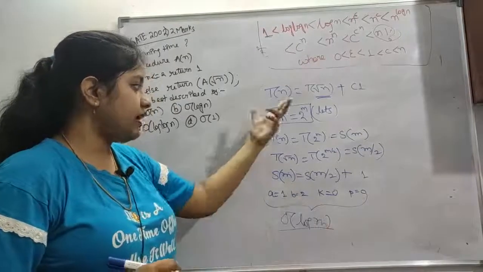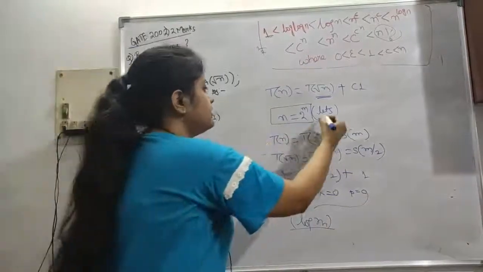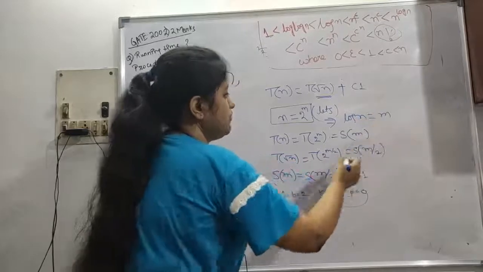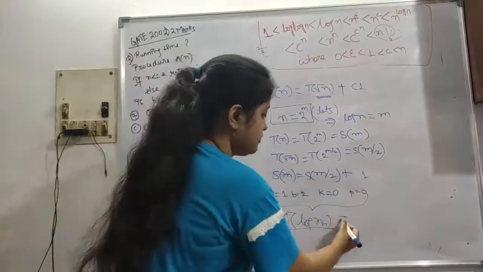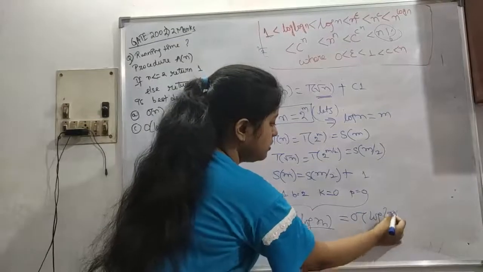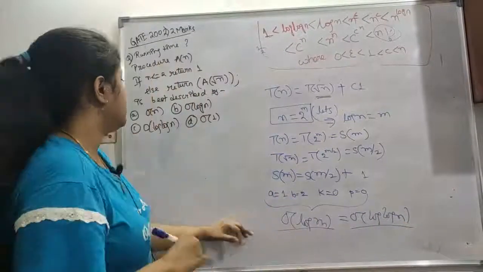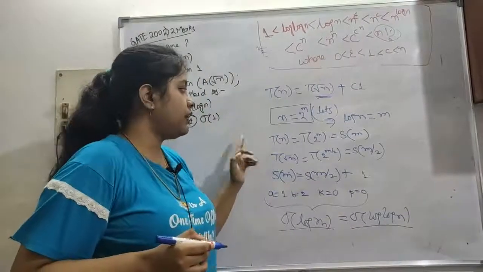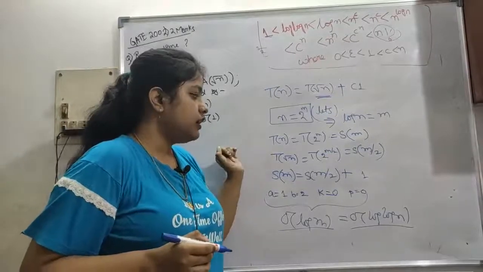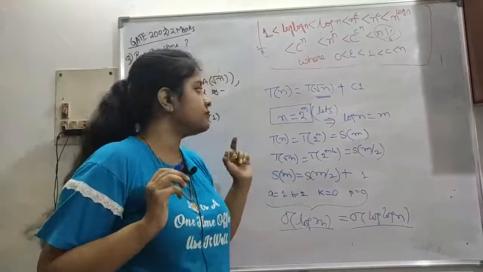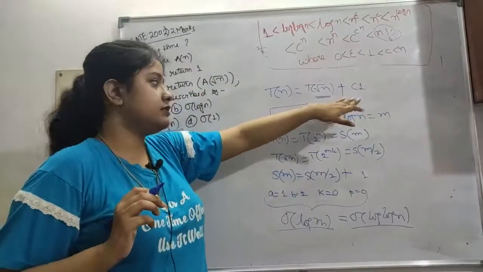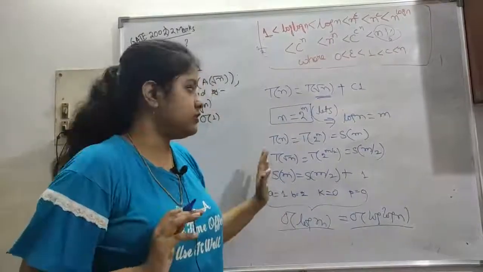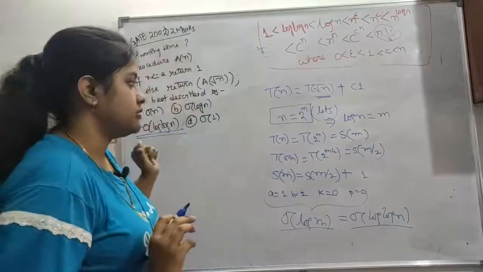What is the value of n in terms of m? Now you can see log of n is equal to m. So now put it here. So order of log n. This is our answer. So C is our correct answer. I suggest you practice a bit, I always make a mistake here. Hopefully I didn't today, but I suggest you practice more on this, because it may seem that it is not in Master's theorem form, but when you put it like this, you can find the answer directly from Master's theorem. Now let's see some other examples.